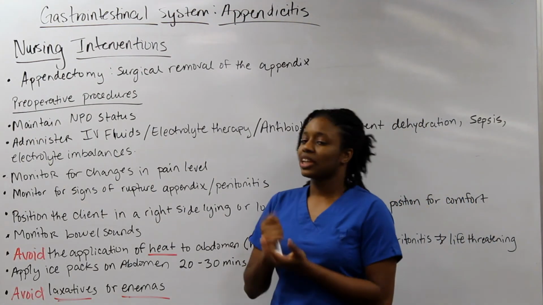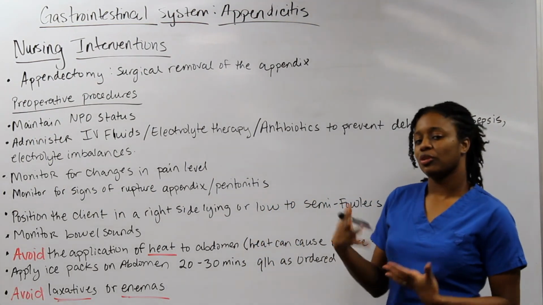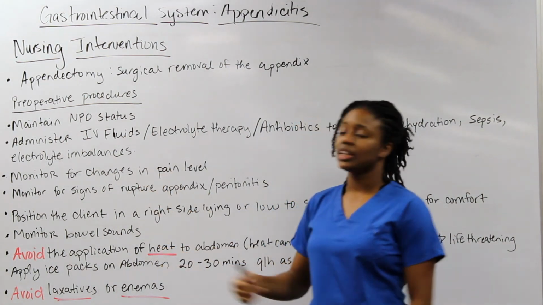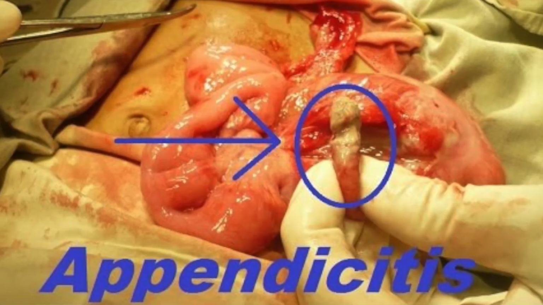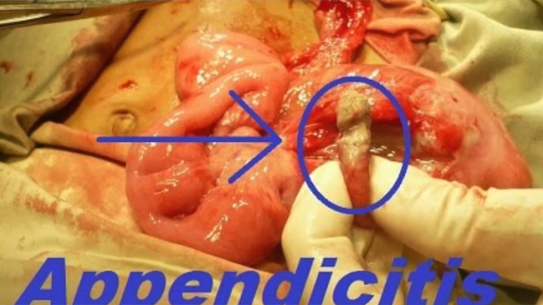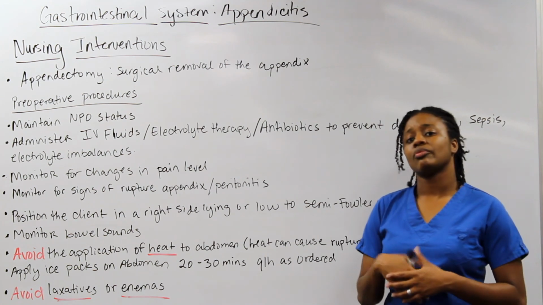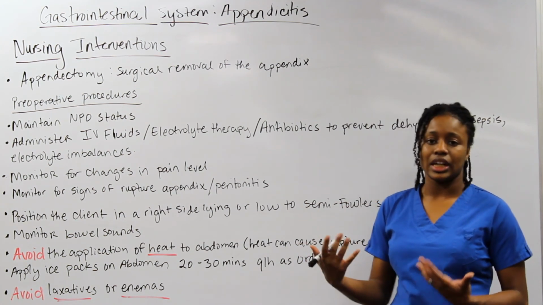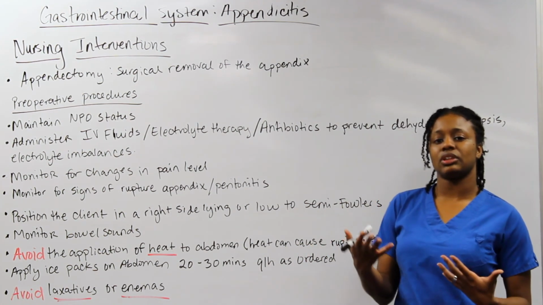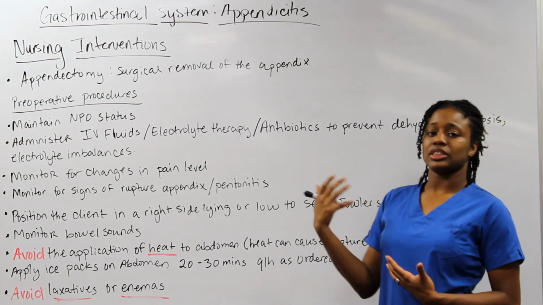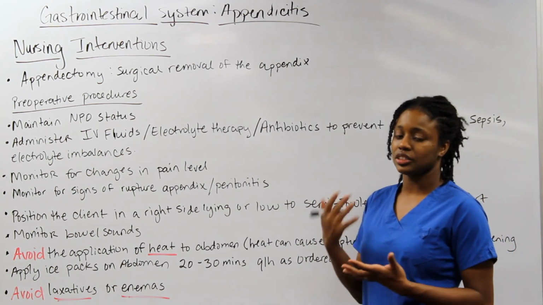Okay? So now we're getting closer to what we're going to do for a patient who has appendicitis, okay? So with that said, if they already have appendicitis, most of the time they're just going to go ahead and remove it because they don't really know what the appendix function is for. With it being removed, it doesn't cause any difference to the GI tract. So most of the time if a patient is exhibiting signs of appendicitis, they're just going to go ahead and